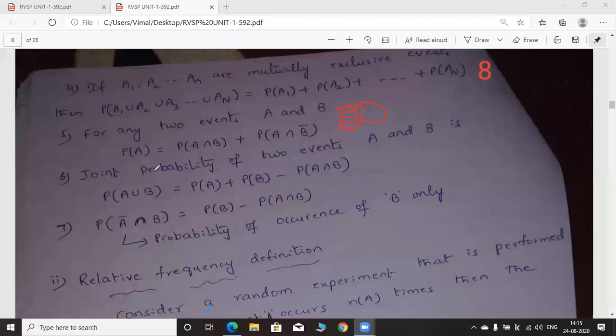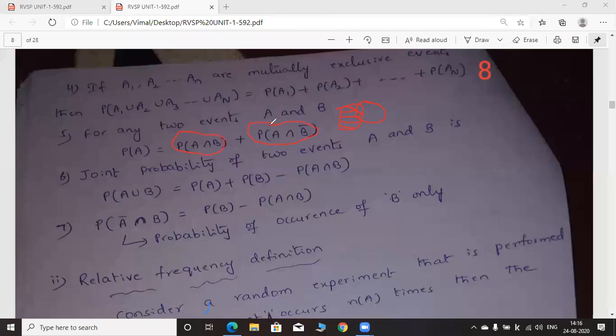So here, what is the probability of getting A only? Only A. So here A means the entire circle, the entire first circle belongs to A only. So we have to add two regions. What are the regions? First one is probability of A intersection B, and second region is probability of A intersection B bar. So to indicate the event A, we have to add two regions.